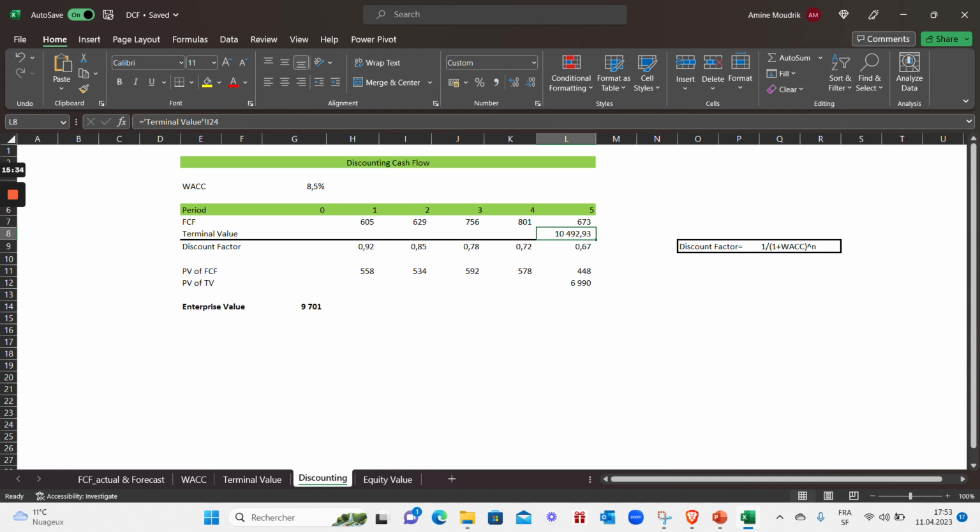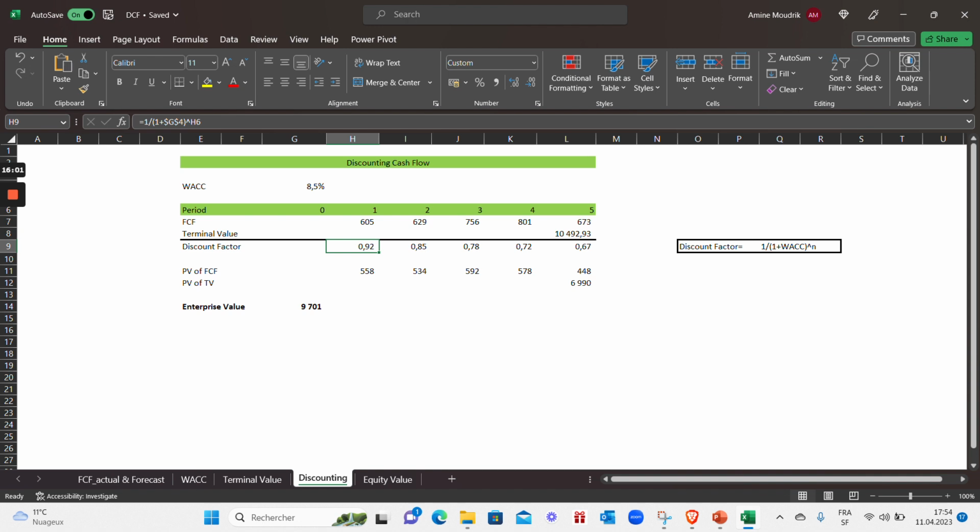Then we need to calculate our discount factor, and the formula is 1 divided by 1 plus the WACC raised to the power of n. So here, for example, it would be 1 divided by 1 plus 8.5% raised to the power of 1,